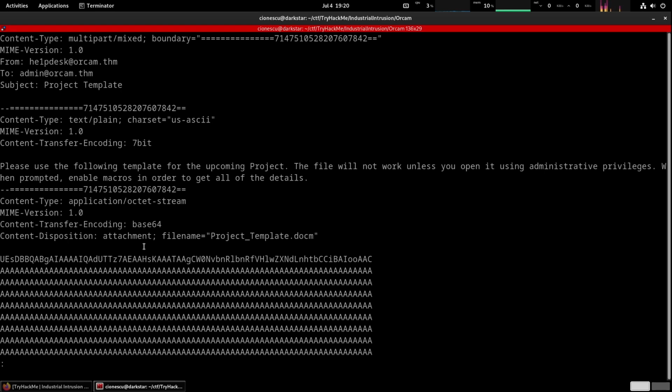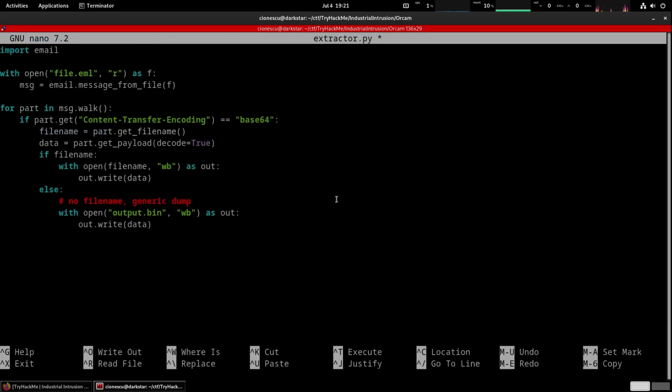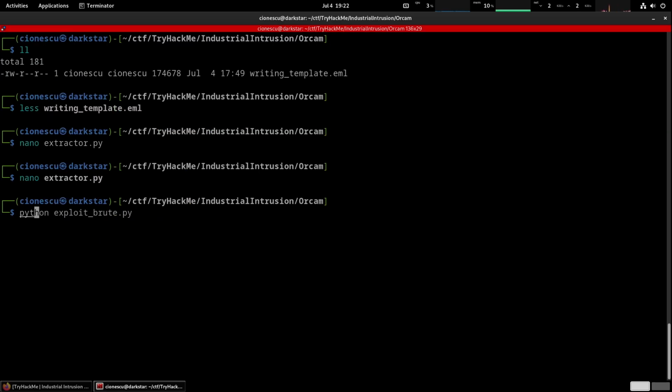First, we need to extract the base64 encoded attachment. I wrote a simple extractor that takes the EML file, opens it, and parses it as an email, and then walks through the different parts. When it finds one where the transfer encoding is base64, it tries to get the file name and the data, and if it's got the file name, it will create the extracted file using that file name embedded in the email. Otherwise, it will just create output.bin. And then Python